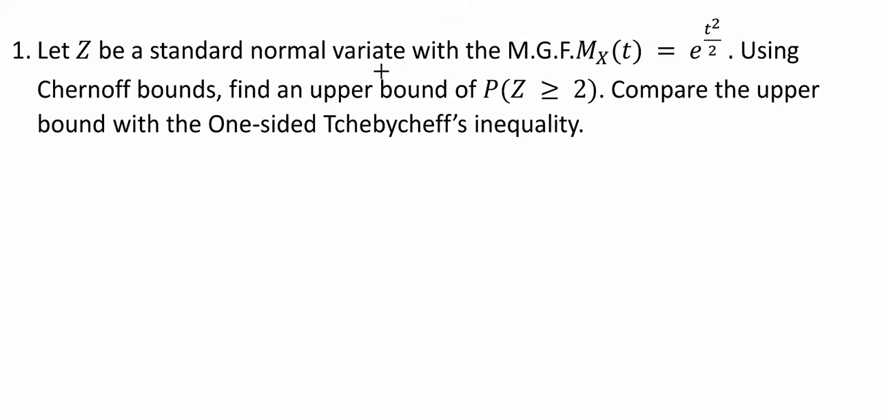Let Z be a standard normal variate with MGF M_X(t) equal to e power t squared by 2. Using Chernoff bound, find an upper bound for Z greater than or equal to 2, and we are also asked to compare it with the one-sided Chebyshev's inequality. To begin with, by Chernoff bound,